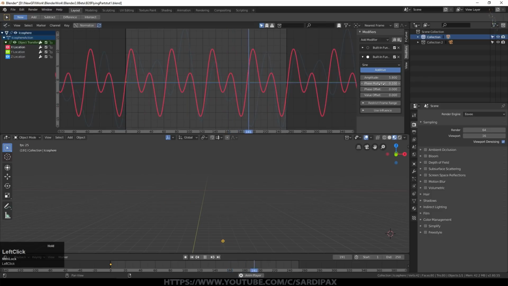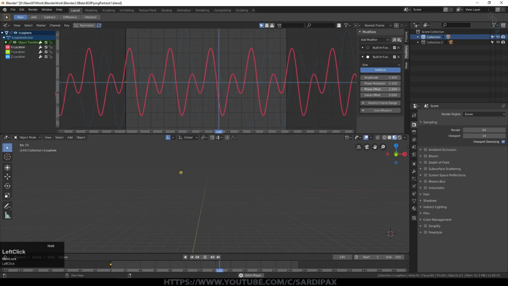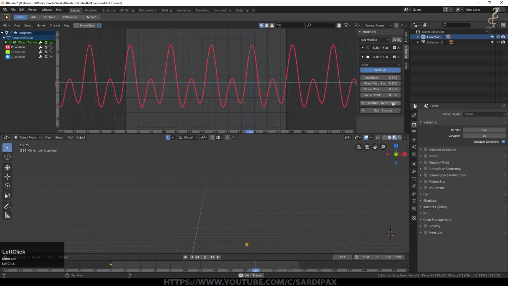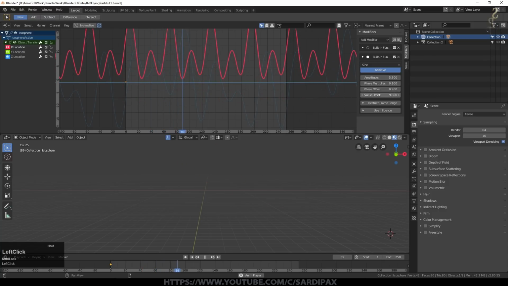reduce the phase multiplier. And you can now start to see we're getting what appears to be a much more random motion. Now what you will tend to find is initially there's still a periodicity that aligns. They still sort of do their thing aligned with each other, which may be what you want or may not be. But you can use this phase offset to change where they're coming in and out. You can also change their base position, so the central position, by playing with this offset here.